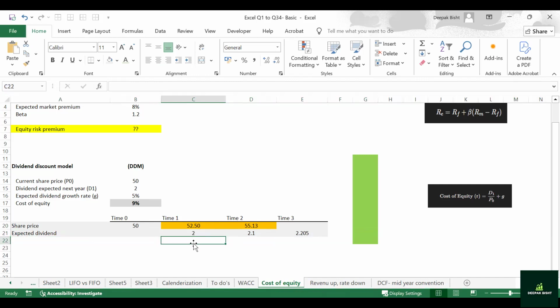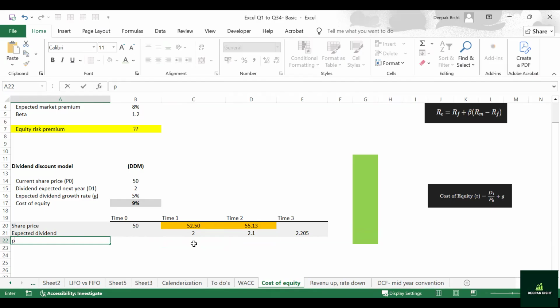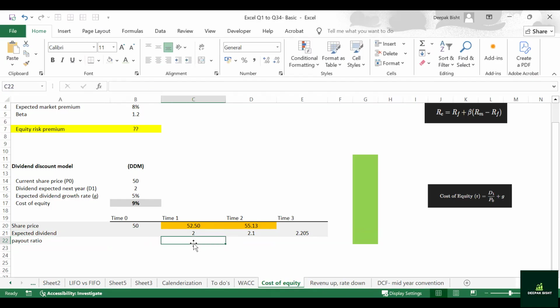So if I assume that 40% is the payout ratio, if I'm assuming that 40% is the payout ratio throughout